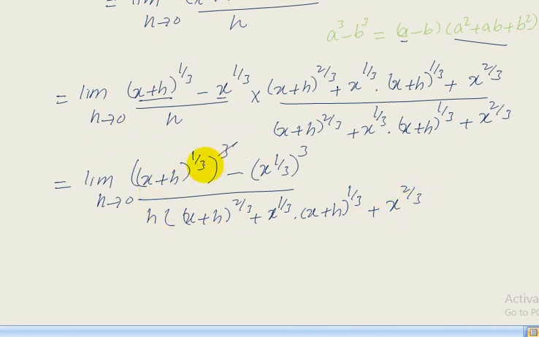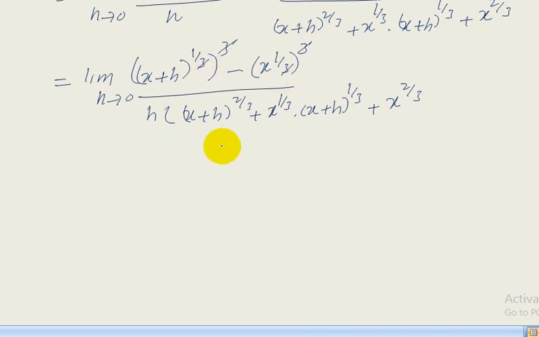Now here cube root is cancelled out with cube, so it becomes limit h approaches to 0,